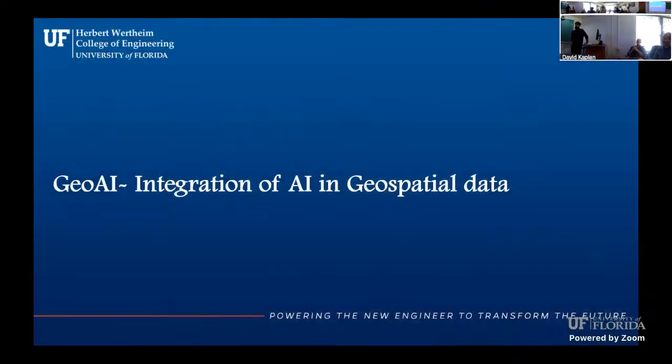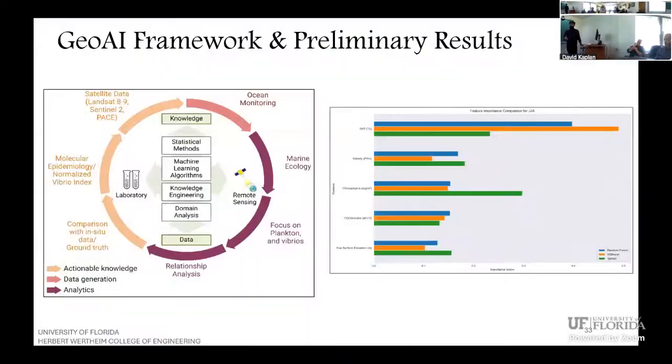The last part is GeoAI, that is the integration of AI in geospatial data in order to bring the ENM, ENSO, and cholera all under one single umbrella. GeoAI is the term because we need to bring everything together to shift properly from a reactive to a proactive approach. And this is a framework that shows what the basic GeoAI model is and how exactly it works.